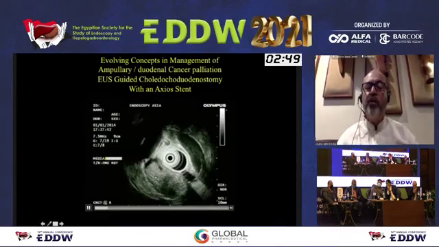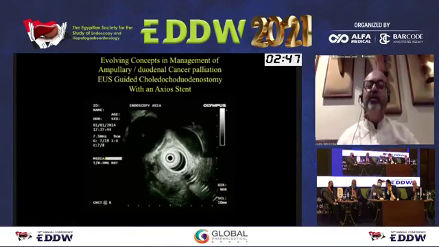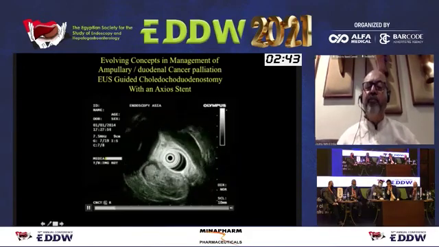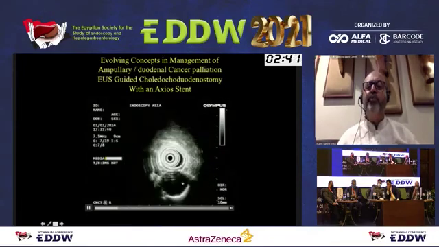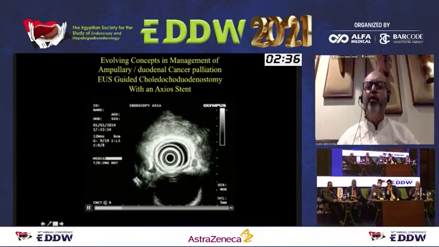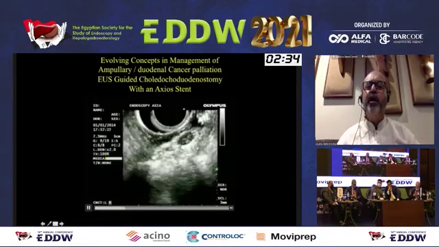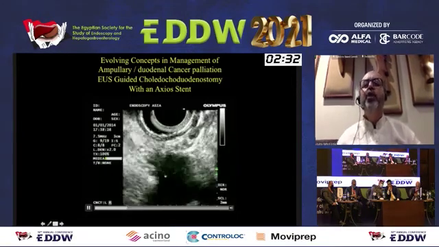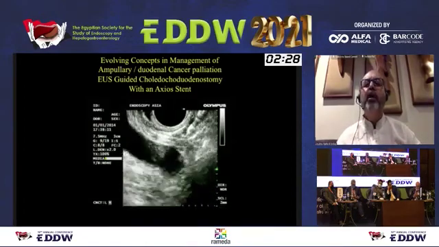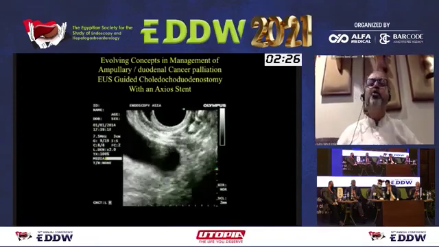And this is one such case I want, especially those who are having a lot of skepticism about EUS staging ability. This patient had a very proliferative tumor extending into the bile duct. And I want you to see a small 6 millimeter lymph node in the mediastinum, subcarinal region. We took EUS FNA of this 6 millimeter node with a 25 gauge needle, and it proved to be metastatic